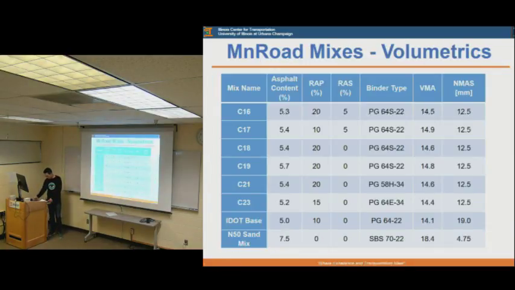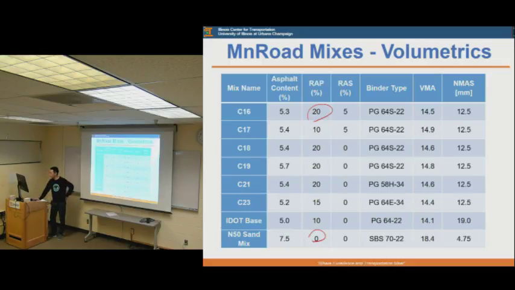Then I'll introduce the mixes used in this study. Here are 8 mixes included in this study. 6 of them are from the Mineral Test Track facility, and the other 2 are from IDOT and a previous project here at ICT. These 8 mixtures have RAP content ranging from 0 to 20%, and RAS content ranging from 0% to 5%. And they use different binder types,